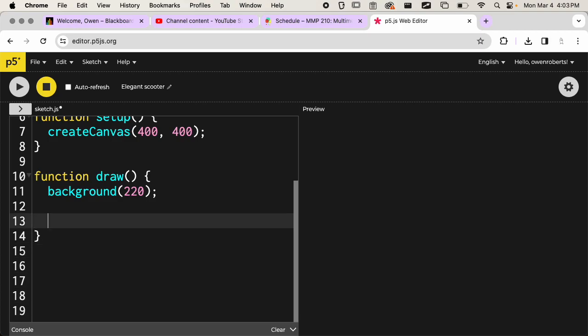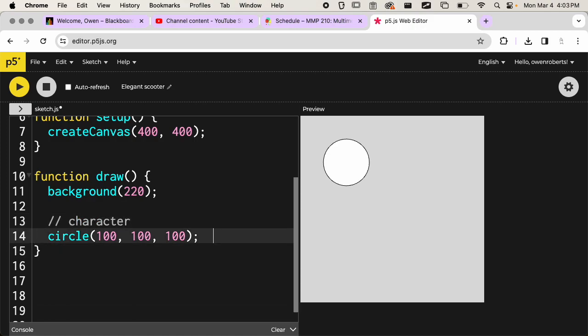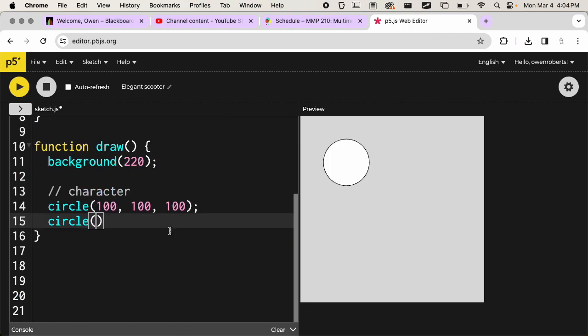So let's say I have like a little character, so I'm going to make a circle for a head at, let's do 100, 100, 100. Okay, very simple. And I'll say this is my character. And maybe I'll make some eyes. So I'll do another circle at, let's see, if I'm starting at 100. Now I'm like, I want to use some variables and stuff, but let's just do,